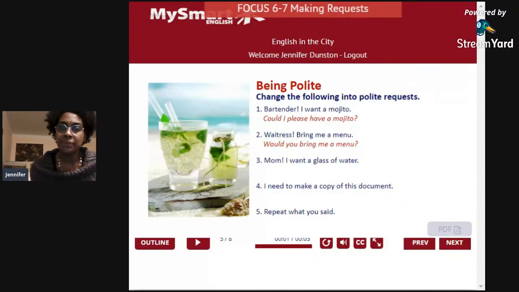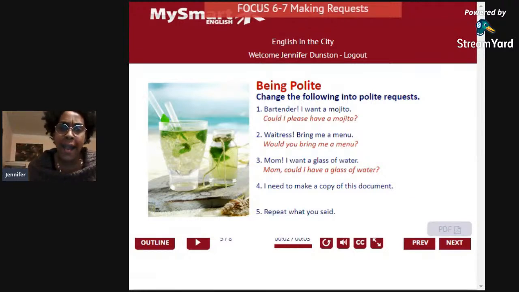Mom, could I have a glass of water, please? Beautiful. I wish my children would talk to me like that. Can I have a glass of water, please? Says Pietro. Thank you, Pietro and Carolina. Terrence says, Mom. That's not nice. That's not nice, Terrence. Can I have a glass of water? Could I have a glass of water, please?